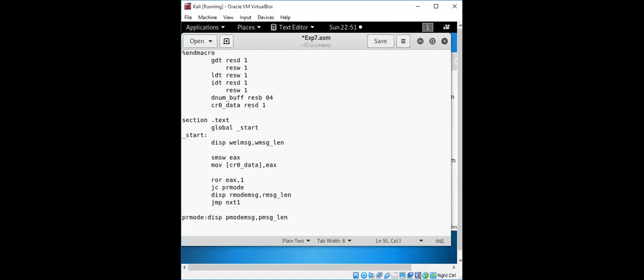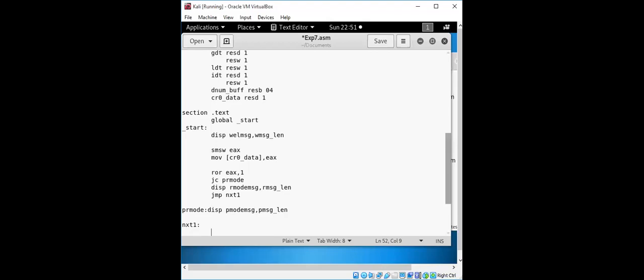If it is in real mode, then we need to go to the other part; or else if it is in protected mode, then we need to perform the next step, which we are giving as the next one. We are giving some procedure calls for real mode.